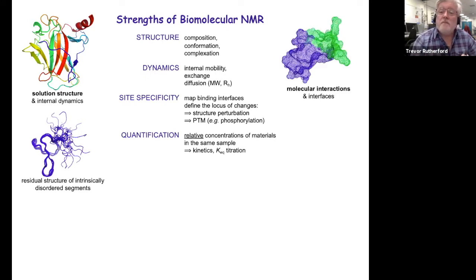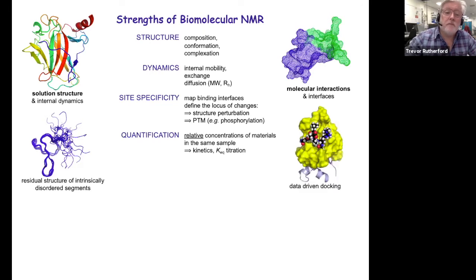And we can look at molecular interactions. NMR is one of the gold standard techniques for characterizing the binding interfaces and the presence and the affinities that you get between different receptors and their binding partners. We can produce high resolution models of associated complexes, usually